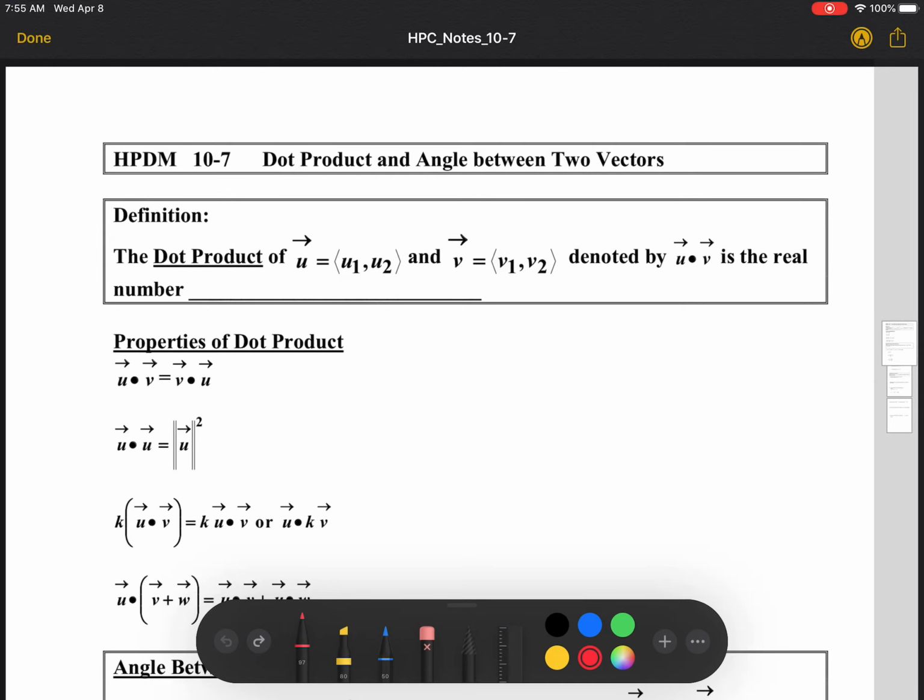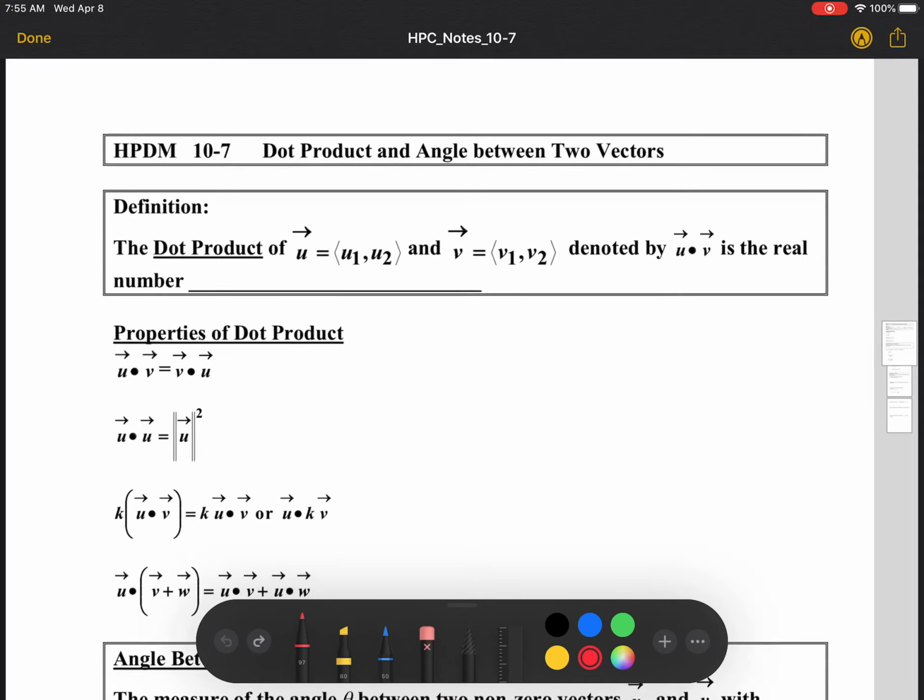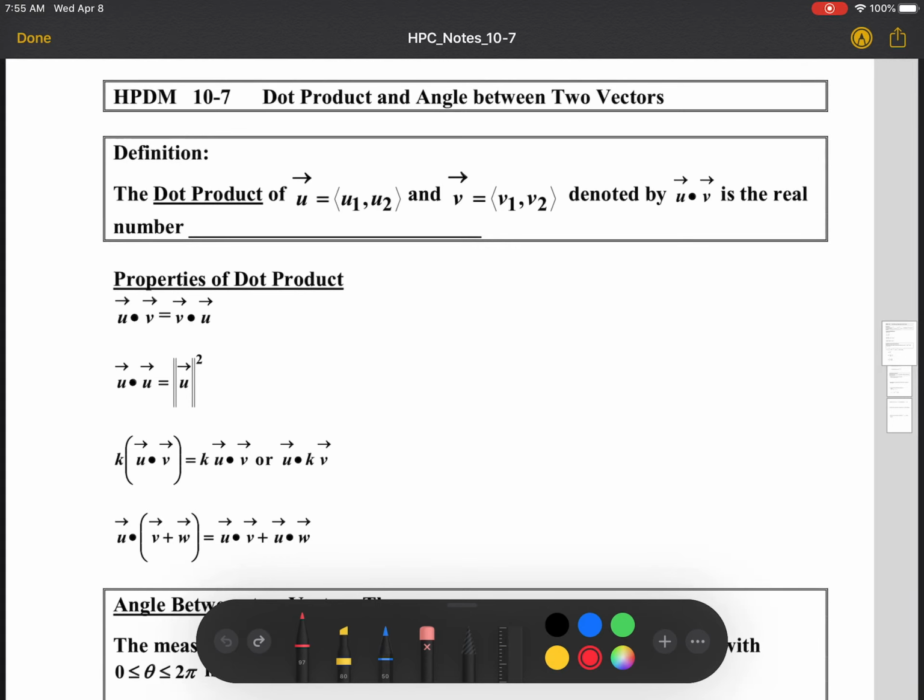We've got chapter 10, section 7. We're going to be talking about the dot product and the angle between two vectors. Just add another wrinkle to all the stuff we've been doing over the past couple weeks. So, hopping right in,